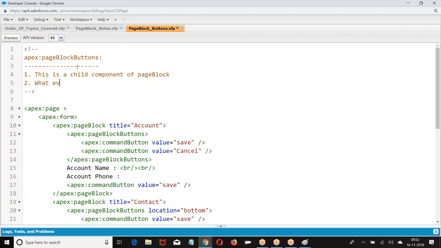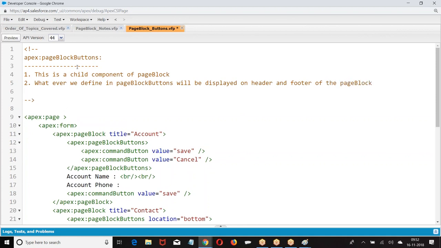Whatever we define on page block buttons is displayed on header and footer of attributes.